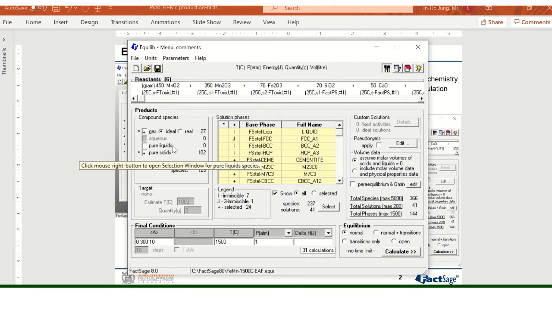and the pure liquid is part of the liquid solution of the alloys. And also pure MnO, pure CaO, this kind of liquid phase is also part of the slag phase. So you don't need pure liquid most of the time. And if you select the pure liquid, typically you see some kind of warning message saying that we recommend that you don't use the pure liquid phase. Okay, that's good. And then you can select your final temperature, final pressure,